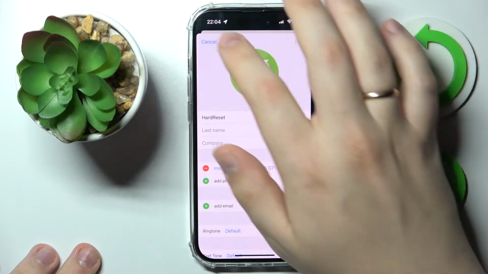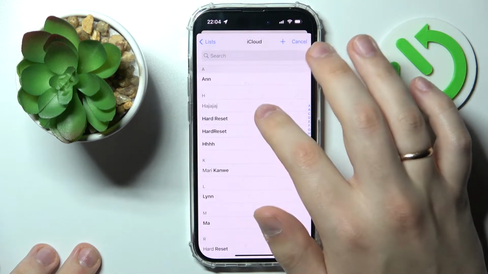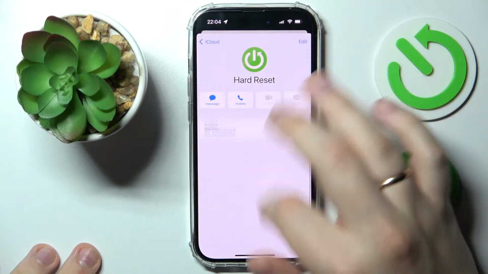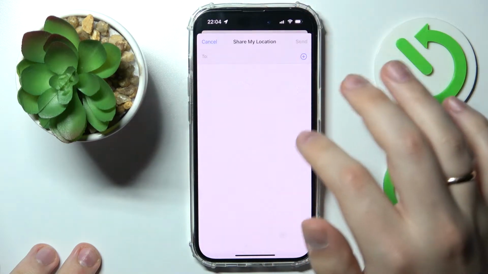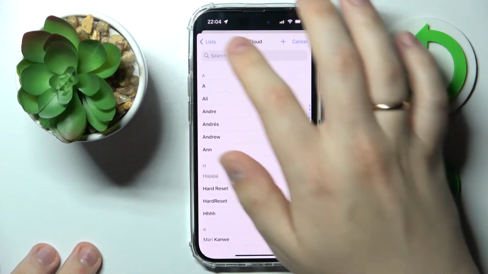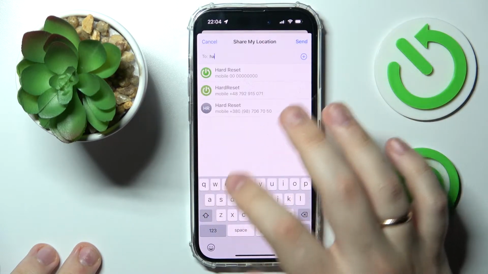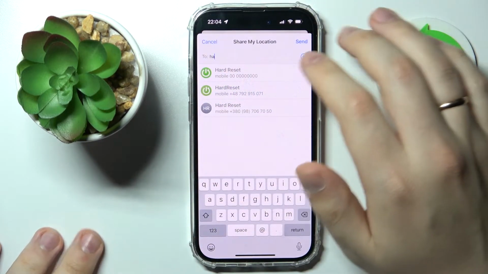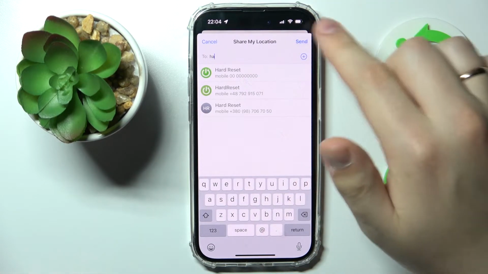Already, let me do just that real quick. For some reason I cannot share it with some contact. Just hold on. Let me just do it the other way around. I'll just enter the contact name over here. I have the suspicion that by tapping on this plus sign